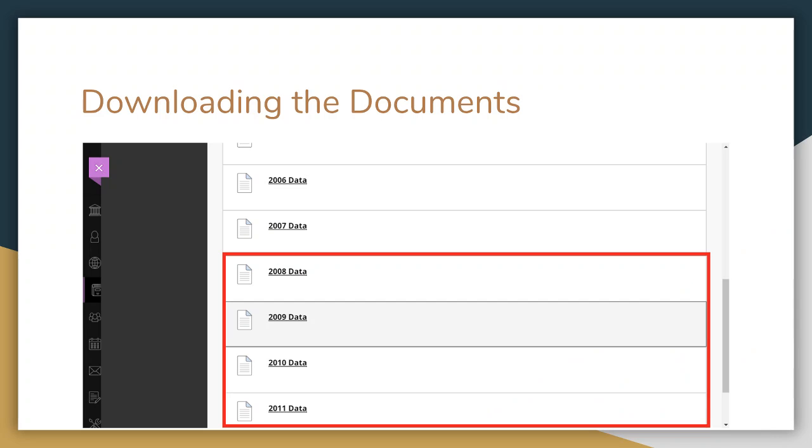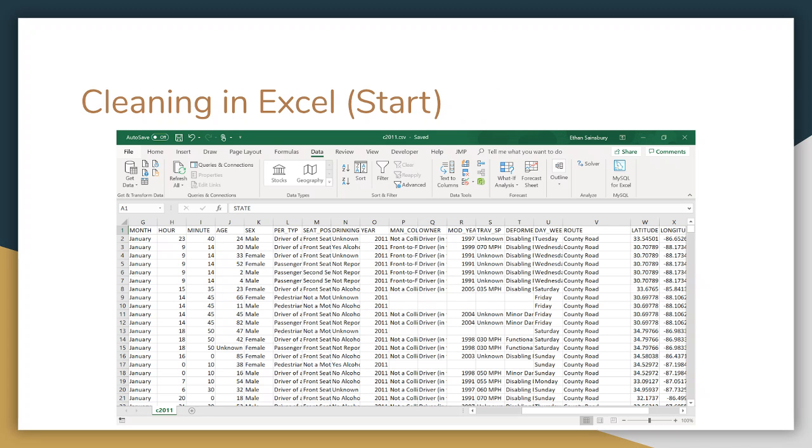So this is Ethan Sainsbury. I'm going to start us off with some data cleaning. First off, we downloaded the documents off of Blackboard. We chose 2008, 2009, and 2010 to do a trifold data validation to try and predict the 2011 data for car crashes. Starting off, whenever we first downloaded the documents, they weren't in prime condition, so we needed to take